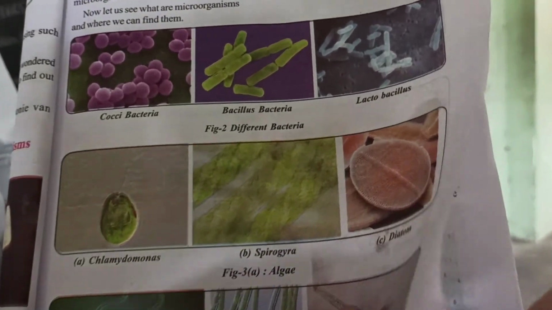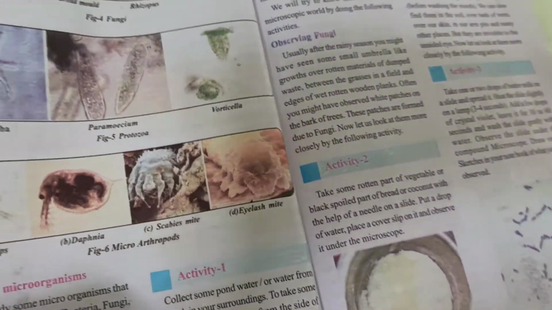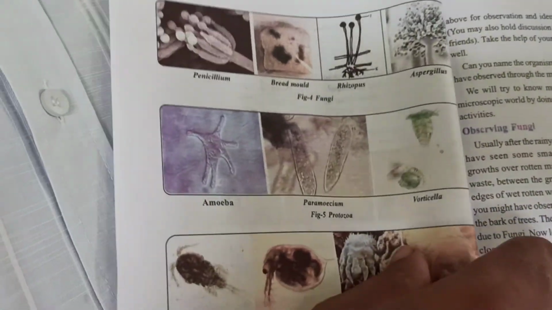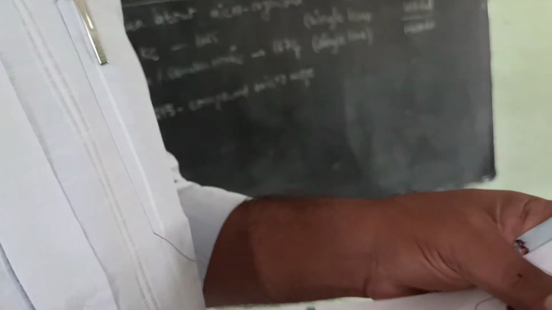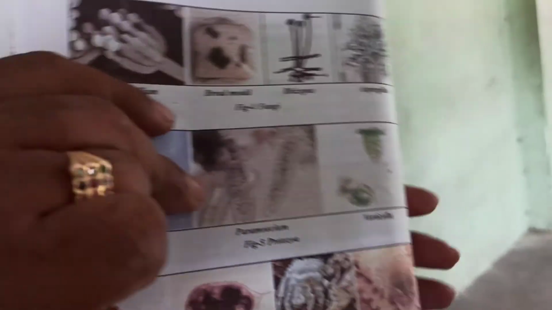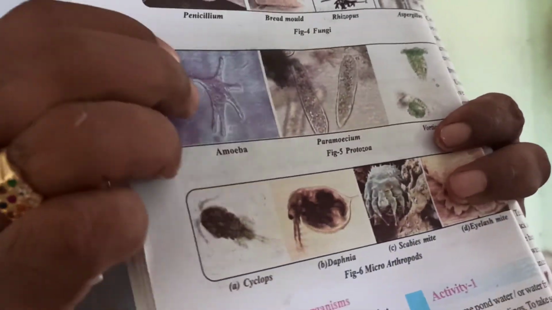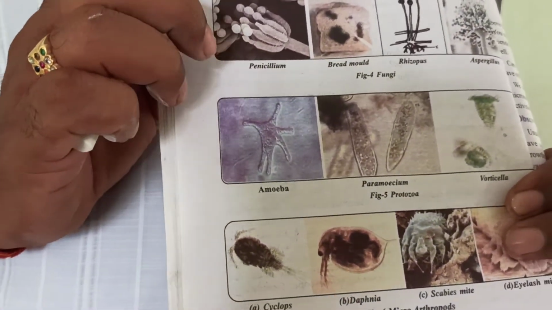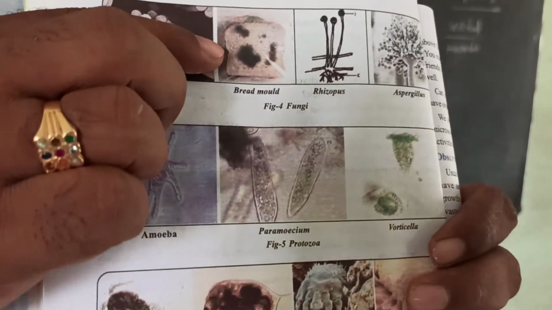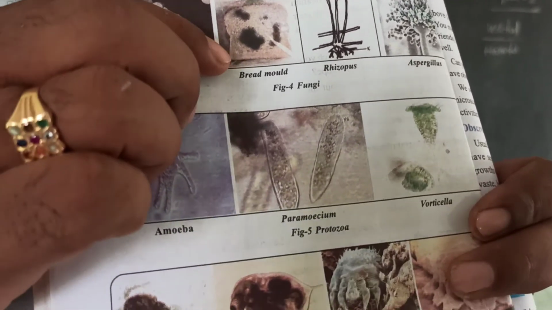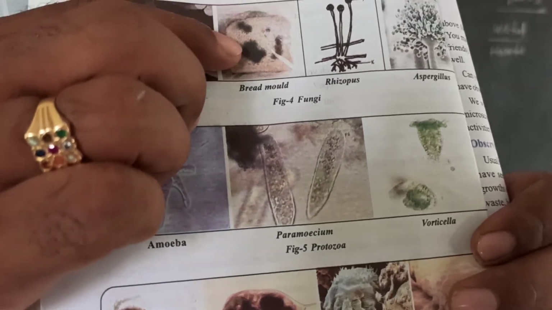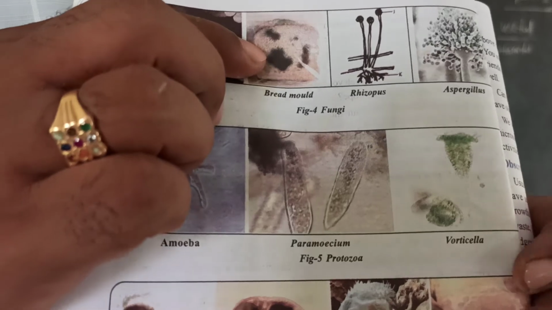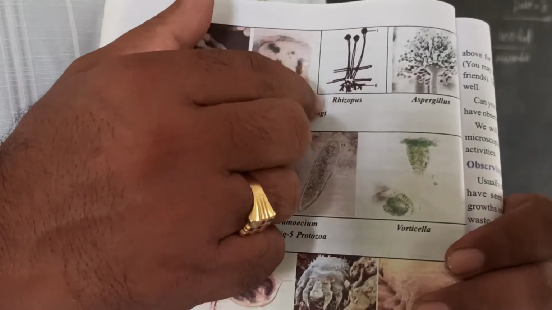We have algae, which are a rich source in sea water or fresh water. Next, this is called penicillium. Actually, penicillin is the first antibiotic discovered, from the fungus Penicillium notatum. Next one is the bread mold fungus, or Rhizopus, which usually grows as black molds that appear on the bread.